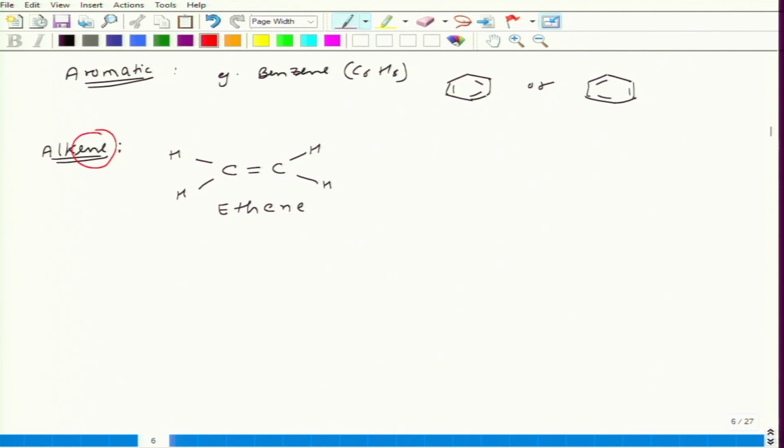As the name suggests, this class is alkene and the member name also ends with ene. In the previous class we discussed alkane, CH4. This is an alkane and this name is methane. So it is easy to remember that whatever the name of the series ends with, the names of the members also end with the same thing, ane, ane, and this ene ends with ene. So this is the ethene molecule. In alkanes we studied starting with methane and further on.